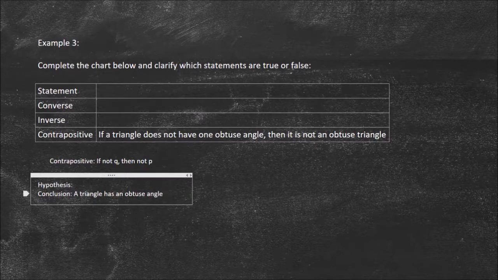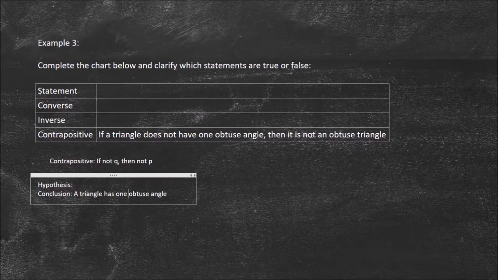I'll put "has one obtuse angle." That is my conclusion, because if not Q is "a triangle does not have one obtuse angle," then Q must be "a triangle has one obtuse angle." The key is realizing that that's the conclusion, not the hypothesis. Because of the way the contrapositive is ordered, it says if the conclusion is not true, then the hypothesis